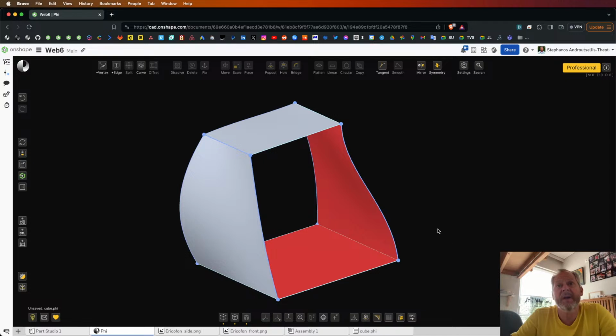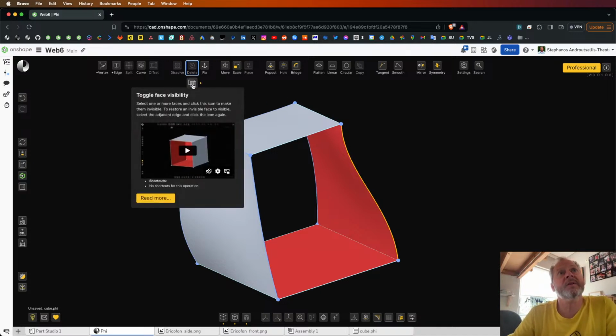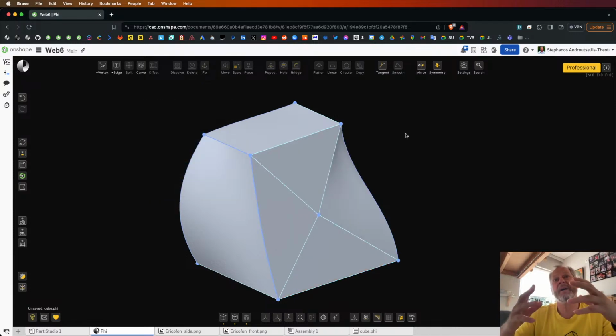How do I do this? I select any edge around the gap, just one is enough, or you can select all of them if you want. And then again, I go into this same button. This is a toggle. So if we detect that the edge that is selected is sitting at the border of a gap, of an invisible face effectively, and I click it,